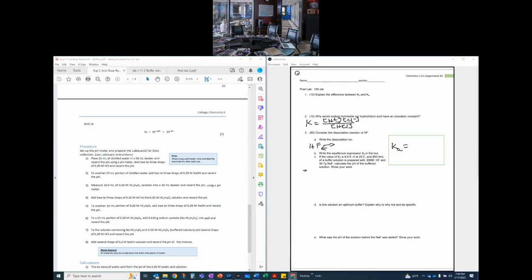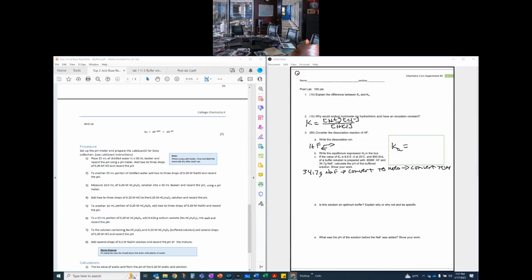I'm going to need to take that 34.7 grams of NaF and convert that to moles. And then convert that to molarity. So once you've divided by the molecular weight of NaF, that should get you to moles. Then you divide by the volume to get you to molarity. Then you have a molarity for both the